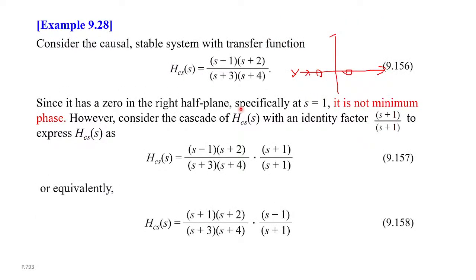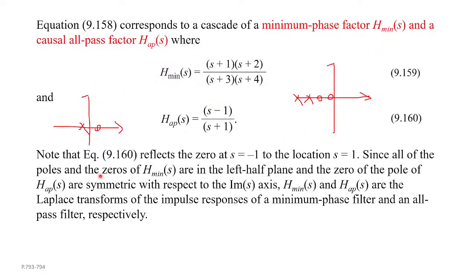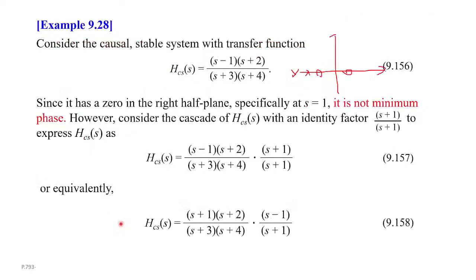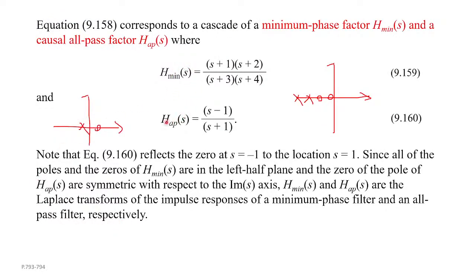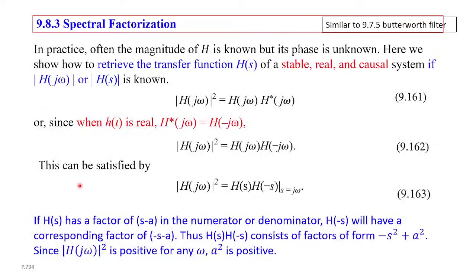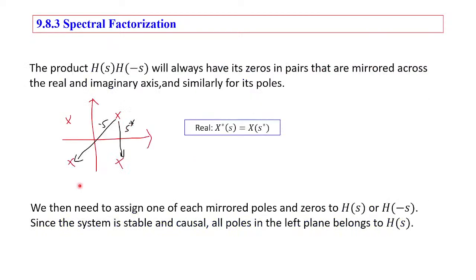And so here is an example showing that you can always decompose your system into a minimum phase system and an all-pass system. It's pretty cool, and as you study more, you will have applications in analyzing your system, but we will not delve into too much detail about that. Any questions on this decomposing of a system into minimum phase and all-pass systems? We have 3 minutes. We can probably not finish this, but let's look into it a little bit.